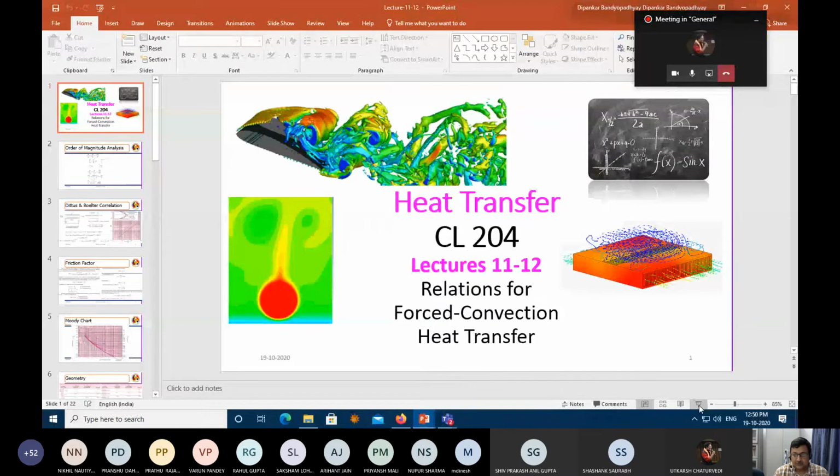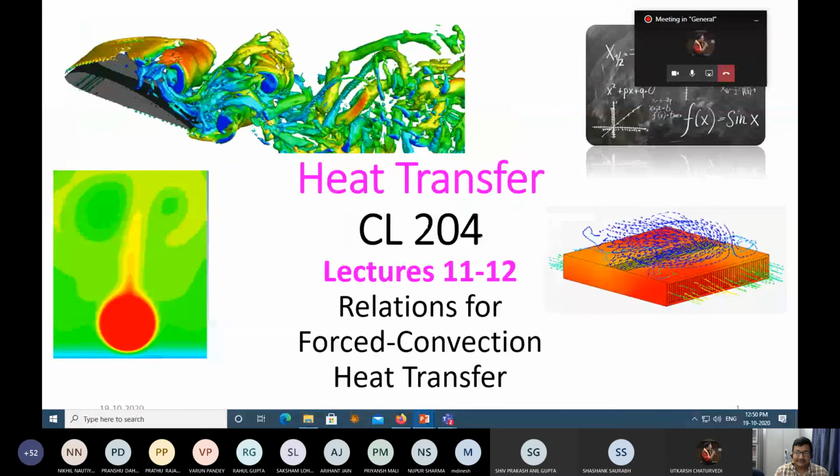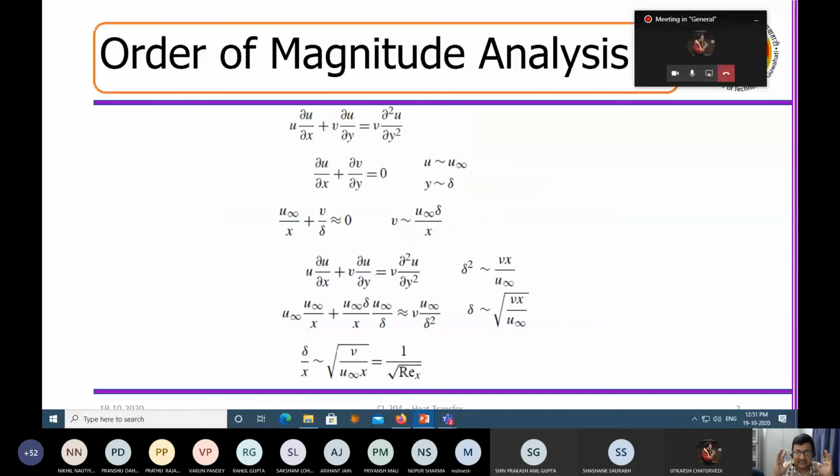Okay, so we extend the same thing that we were doing for different types of flow situations now, which is lectures 11 and 12 and chapter 6. Since you have now more or less understood the framework, you will see what the boundary layer thickness is, what the thermal boundary layer thickness and hydrodynamic boundary layer thickness are. What is the Nusselt number? What is the Prandtl number? What is the Reynolds number? What is the Stanton number? What is the friction factor? And how are these things correlated? Once that is clear from the derivation point of view, you can really look for different types of situations. Correct? So let us start very simply with the order of magnitude analysis.